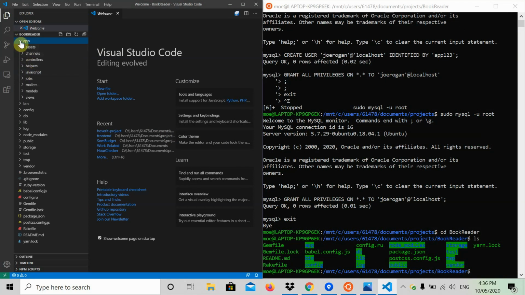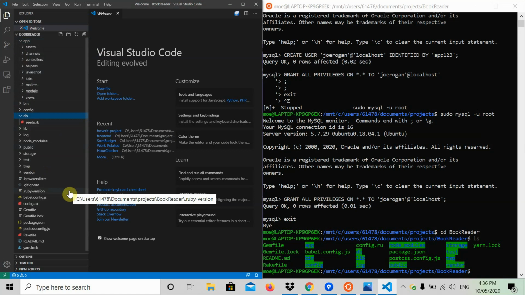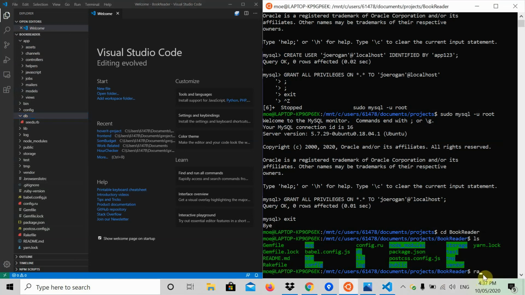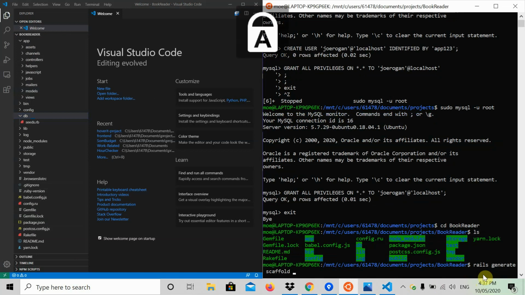So what the setup for this is you have controllers, you have views, and you have databases. You also have routes. All right, so I'll explain all these different instances along the way, but basically today we're going to be mainly working with controllers, DB, views, routes, and gemfile. All right, so what you're going to type in your command line, because this is basically the easiest way to do everything, is you're going to type in Rails generate scaffold book